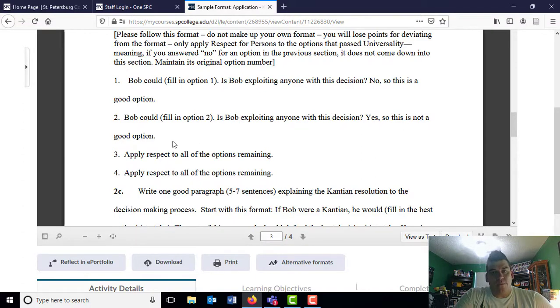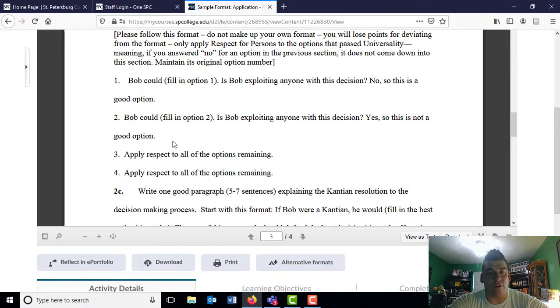Okay? So, as you'll see in the text and as we'll talk about in class, respect for persons says that a person cannot be used as a means, that's a tool, only to an end, which is a goal. And that applies for the decision maker themselves. So a lot of people in respect for persons miss the exploitation of self. So a decision maker is not allowed to sacrifice their own self, their own happiness, whatever, to make other people happy,